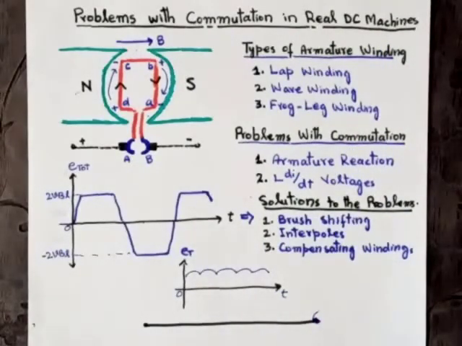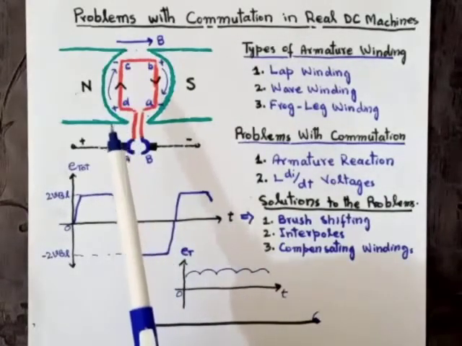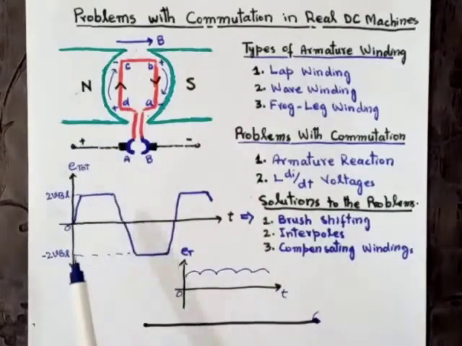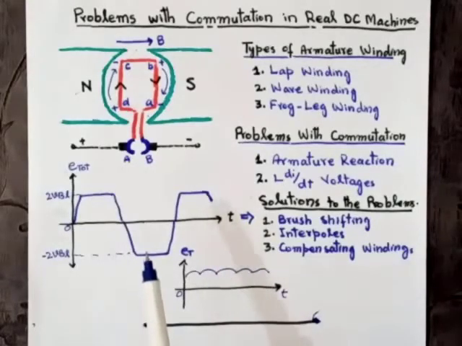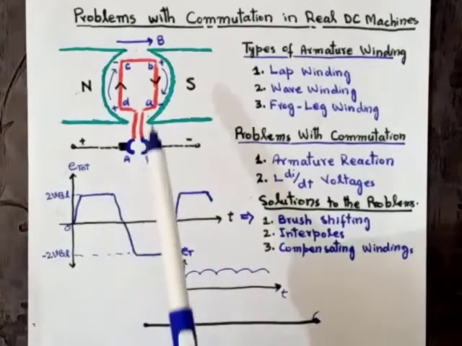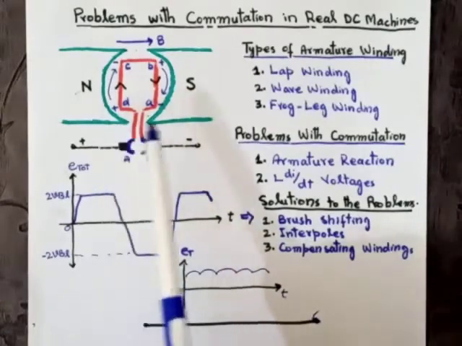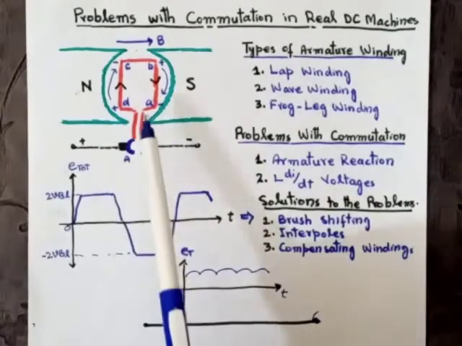As we have already discussed, in DC machines the internal generated voltage is AC voltage, like the output voltage of AC generators such as the induction generator and synchronous generator. For generation of these AC voltages, we have discussed the rotation of a simple loop in a magnetic field, as you can see in this figure.